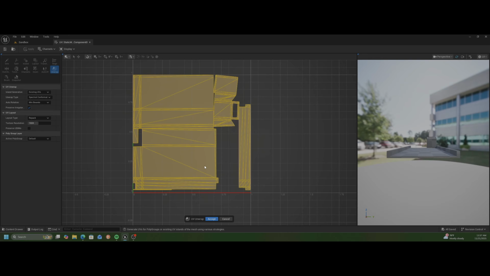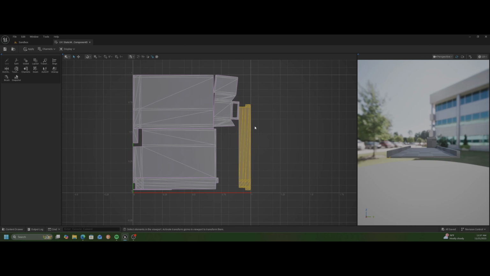But I am going to connect this so that it's facing the same direction as this one, because one of the things about our UVs and materials, when we assign materials, I want to be able to use the same material on this. Let me go ahead and accept. I want to use the same material on this one as I'm going to use on this one because these are my two rails, right? But one is vertical and one is horizontal. I would have to actually assign two different materials to get this to work correctly. So